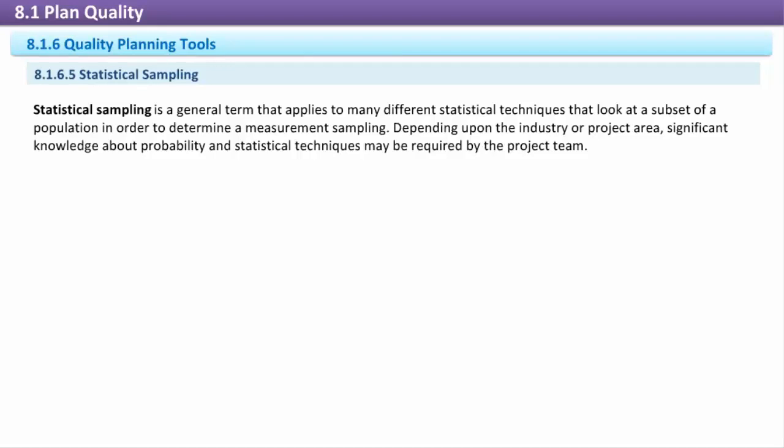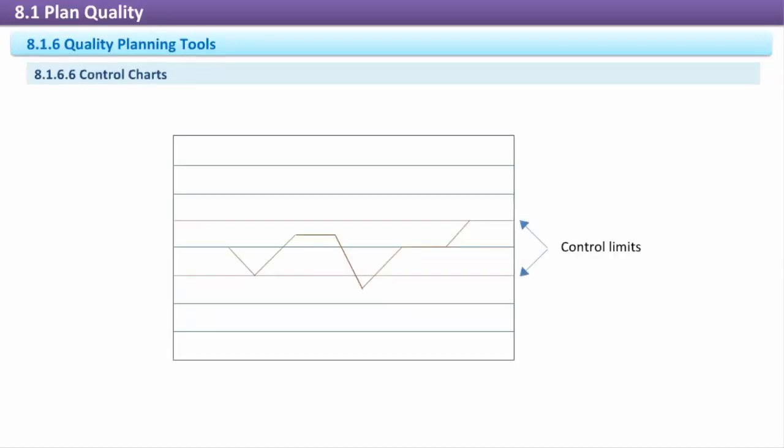Statistical sampling is a general term that applies to many different statistical techniques that look at a subset of a population in order to determine a measurement. Depending upon the industry or project area, significant knowledge about probability and statistical techniques may be required by the project team. Control charts. A control chart is a type of run chart that is used to determine whether a process